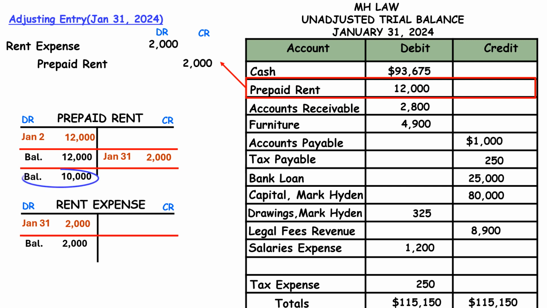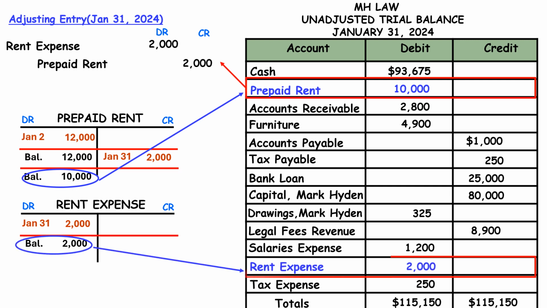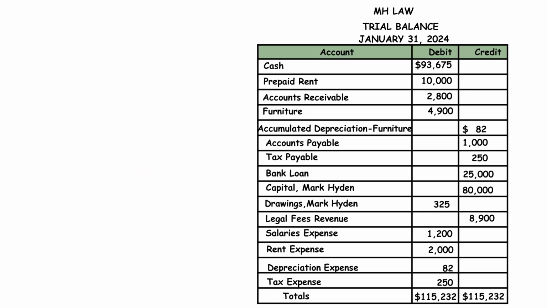So let's update those balances. The prepaid rent account will become $10,000, and for the expense we are going to record $2,000 here. So this is one example of an adjusting entry, done so that we can adjust the trial balance. Let me give you one more, and this has to do